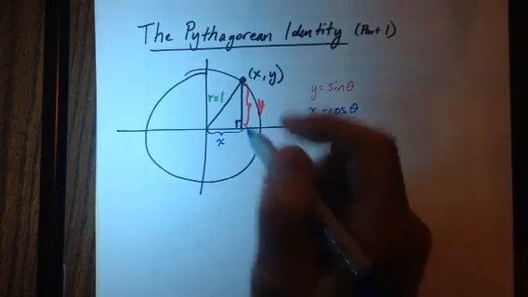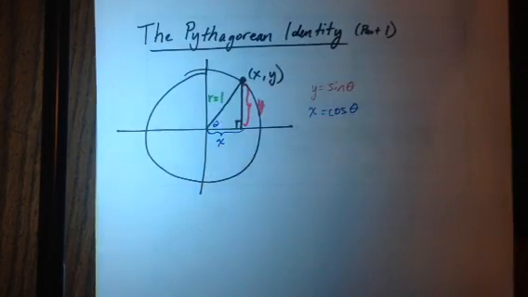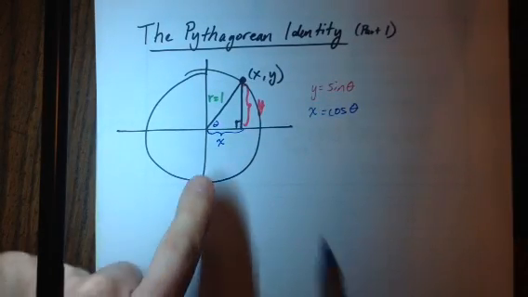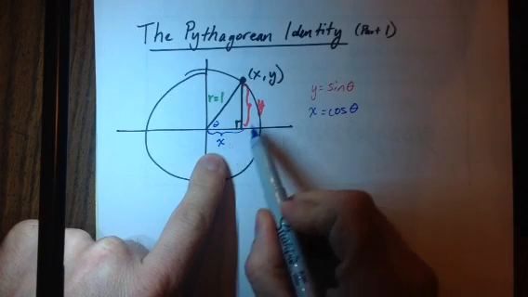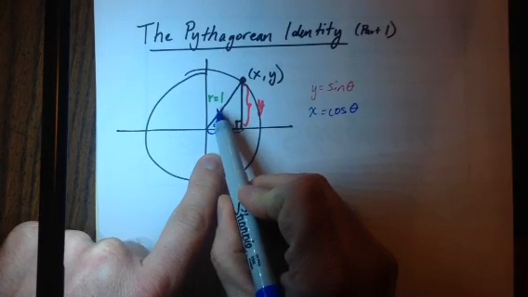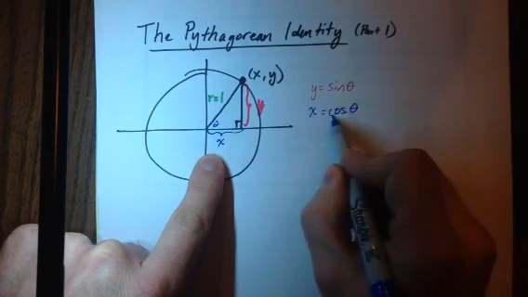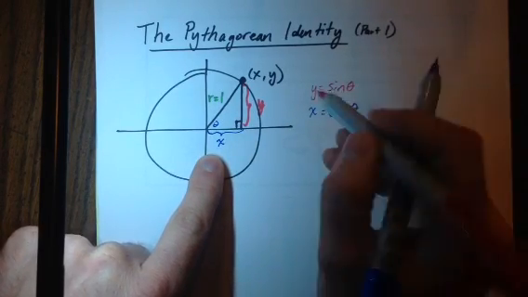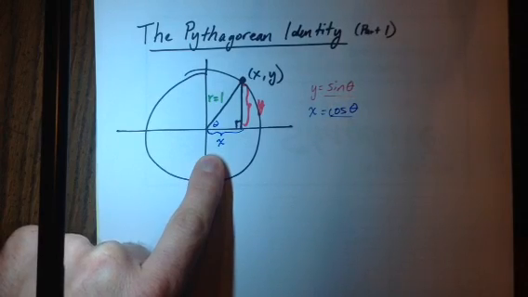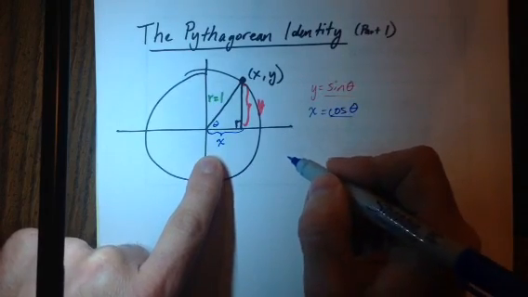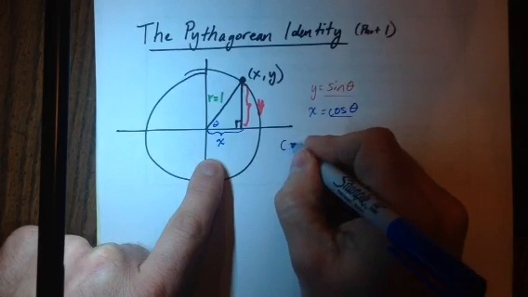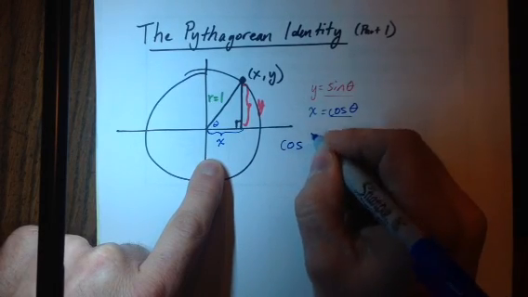And that is, if you take a look at this triangle, you'll see that if I take x squared plus y squared, I get 1 squared. The Pythagorean theorem, right? But if we think of this in terms of cosine and sine, instead we end up with what we call the Pythagorean identity. We get the fact that